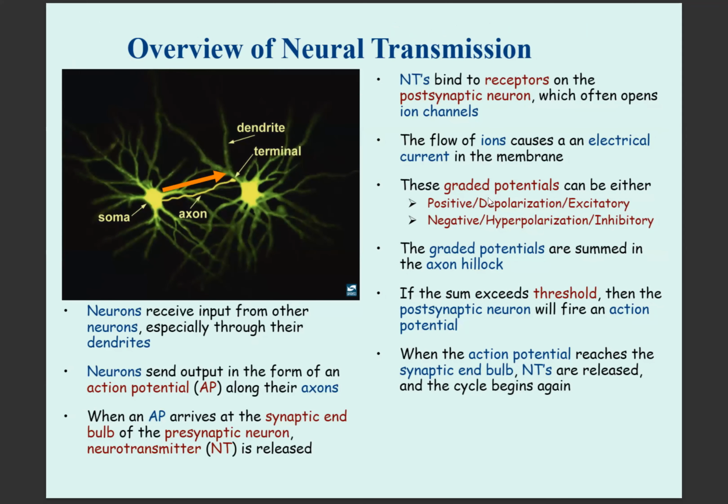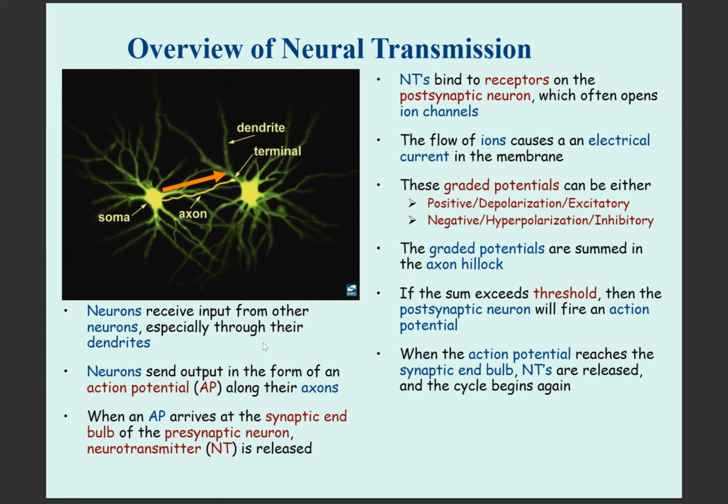So we are going to look at how information travels to an effector. Here, the effector can be a muscle, or it can be a gland, for it to work. So what we have to note is that neurons will receive input from another neuron, especially through dendrites. So when we look at the synapses that are formed, we look at the axoaxonic, axosomatic, and axodendritic interaction. So when you look at this, we are going to see that we are having an interaction between the soma and then this dendrite. So this is